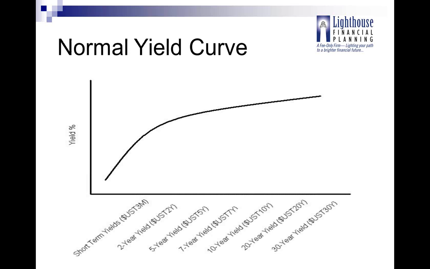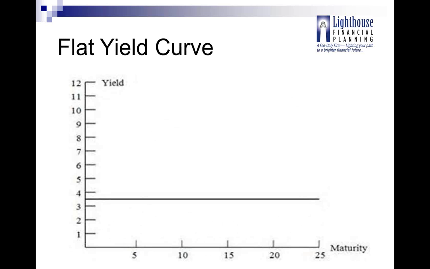And this is a picture of a normal yield curve. On the left, we have the yield. Further up the graph, the higher the yield. On the bottom, we have the maturities. You can see shorter maturity is a lower yield, and as we move up, so that would be what would be considered a normal yield curve. But that isn't how it is all the time. As a matter of fact, for a lot of the last 5 years, it's felt like what we would call a flat yield curve, in that it didn't make any difference what the maturity was. You get the same rate.